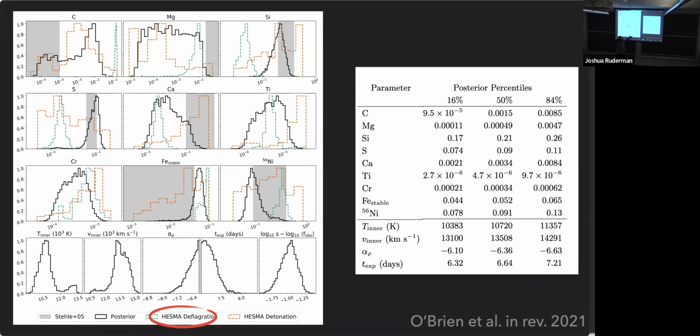We now can compare to theoretical models, and we have the detonations. And we can see, for example, for silicon up here, it does not agree with the deflagrations. So Type Ia's, at least SN 2011fe, are not deflagrations on the outside. And here, this was silicon and this is sulfur. For both of them, it doesn't agree. For others there's some agreement between deflagration and our posterior, but I think it mostly suggests that deflagrations for Type Ias are ruled out.